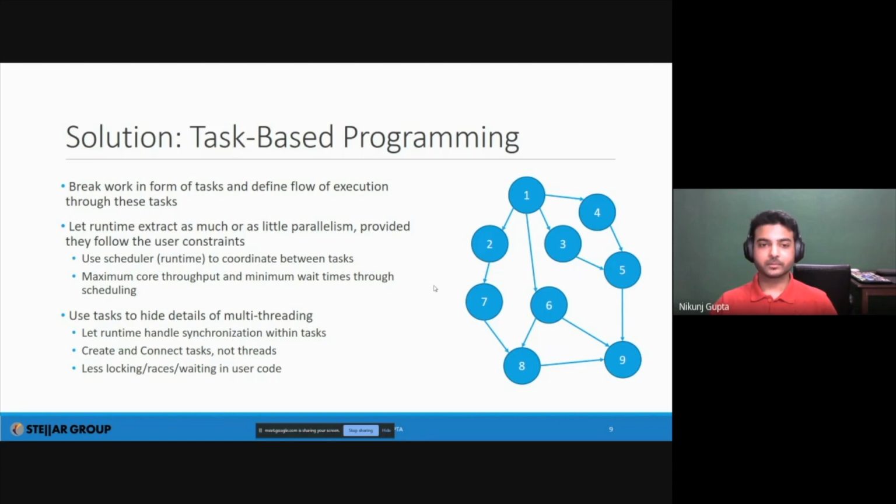Right. Unfortunately, I have not heard of it. But yeah, there are various task-based systems. So HPX is not the only one. There are multiple others. There's Legion, there's Charm++, there are separate ones in Boost as well. So it's not the only task-based system. But I will come to why HPX and why you should be using HPX when you want to do task-based programming.